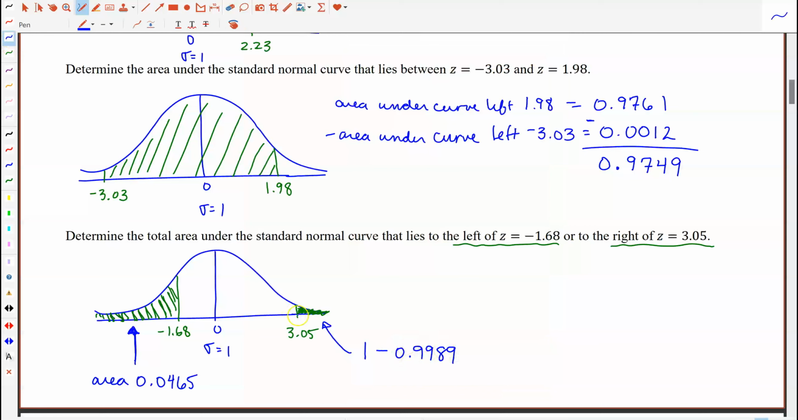With respect to this value, the area to the left of it is almost going to be the area under the whole entire thing, right? So in order to find the area to the right, in that little tiny tail region, we're going to do 1 minus that value. So this total area that I want, we're going to add up those two values. So 0.05